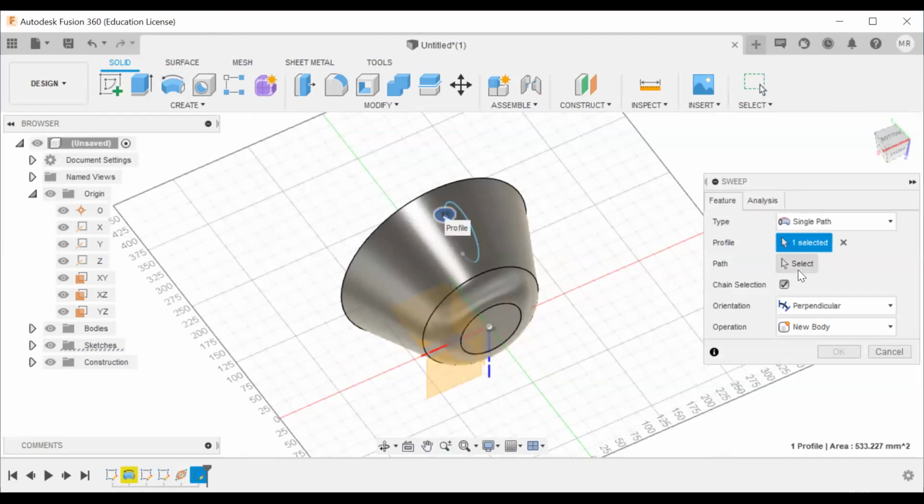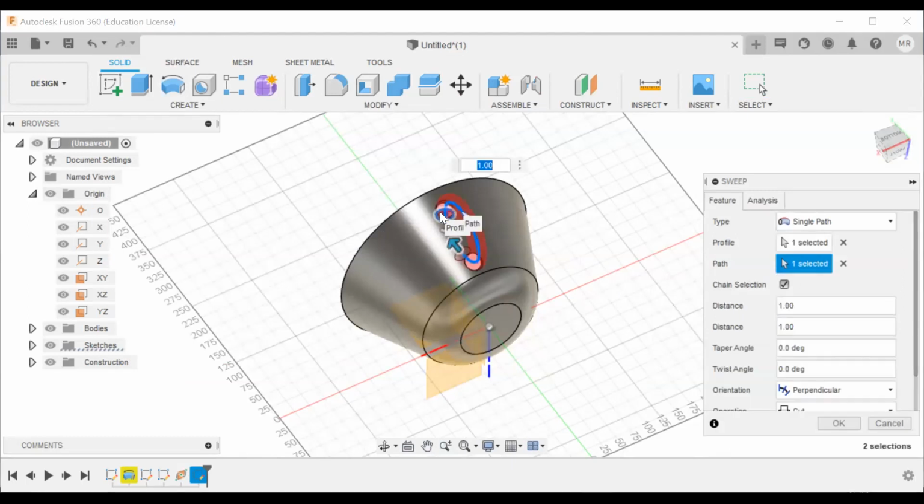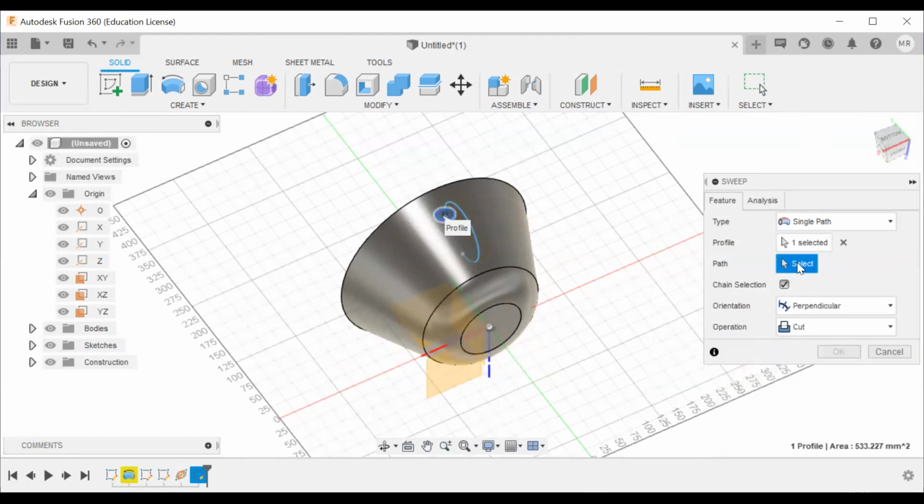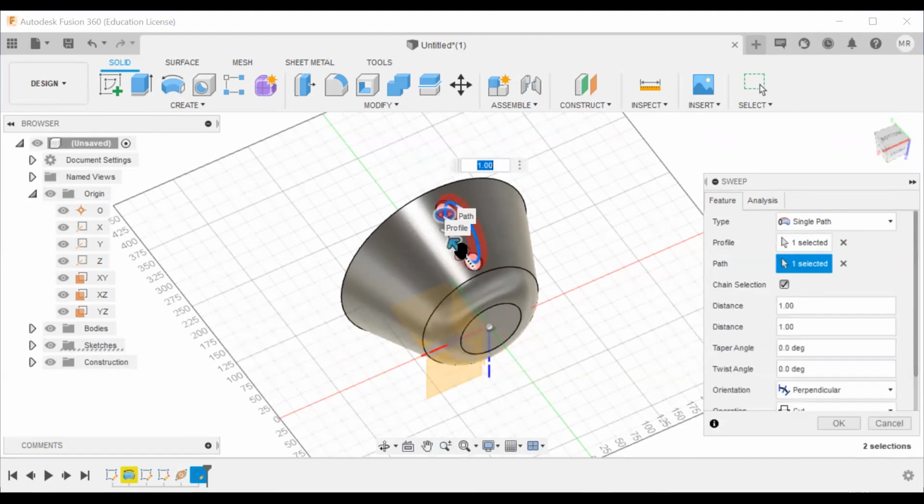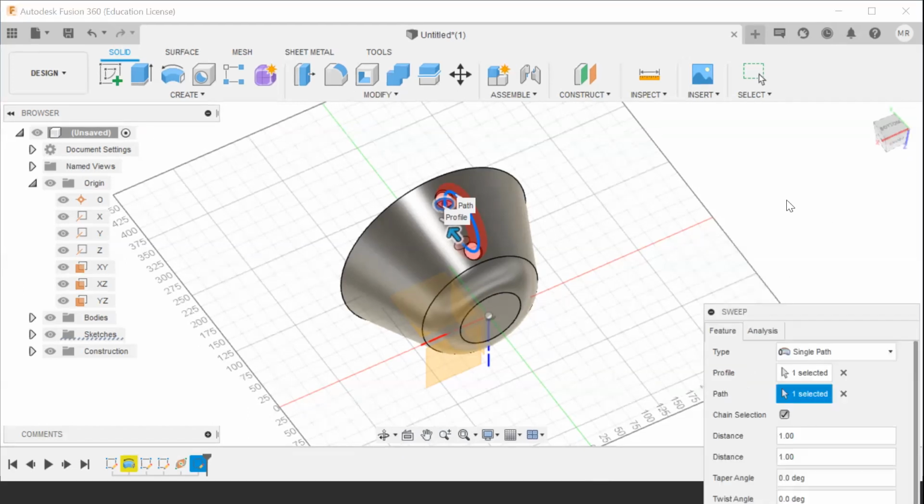Now go to the dialog box and click on path. Select this path. Yes. In the sweep dialog box, you can see the last option. Operation cut should not be there. That's fine, that's correct. Please select the path first. No, not okay. Just see this dialog box. Ma'am, please just wait. Please scroll this dialog box a little bit down. You can see on the right hand side, there is a bar.